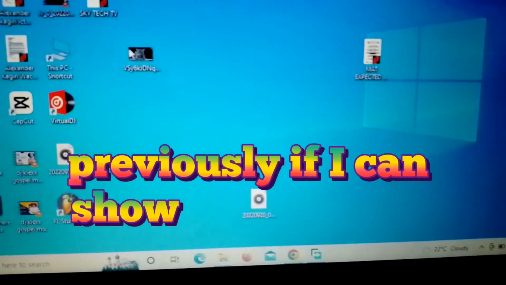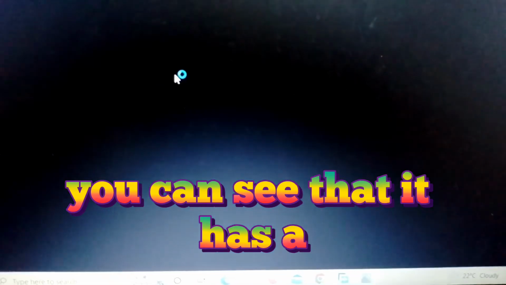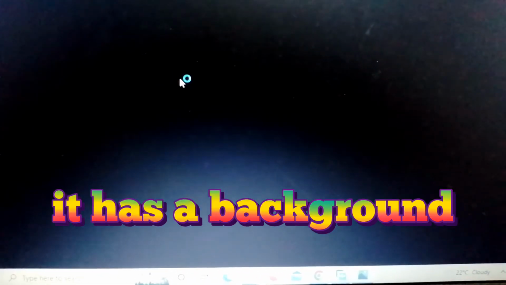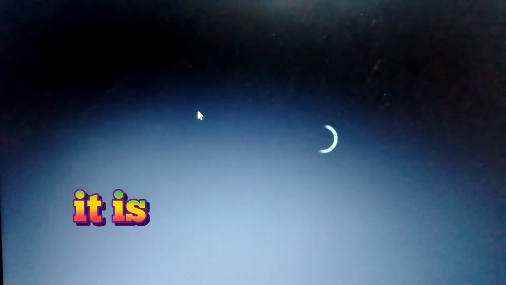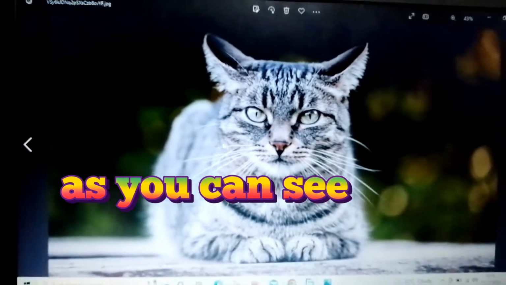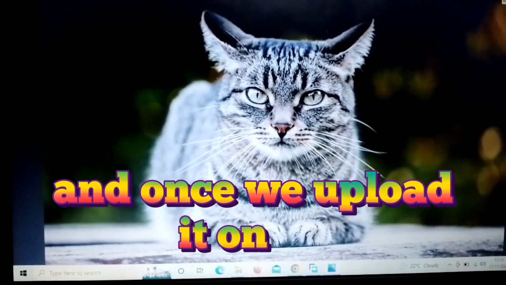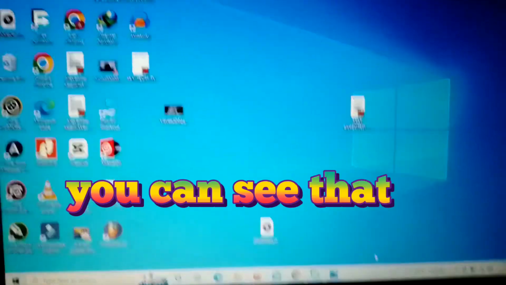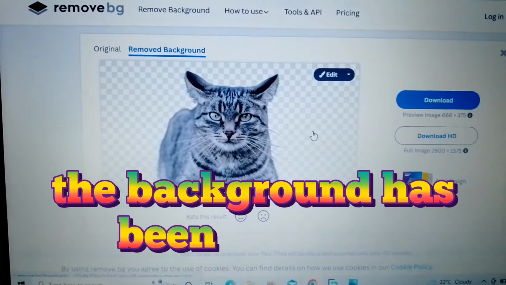Previously, if I can show you the real image, you can see that it has a background, and the background is a bit nature. It is a bit greenish, and once you open the background, as you can see, this is my original image, and once we upload it on BG, you can see that the background has been removed, and